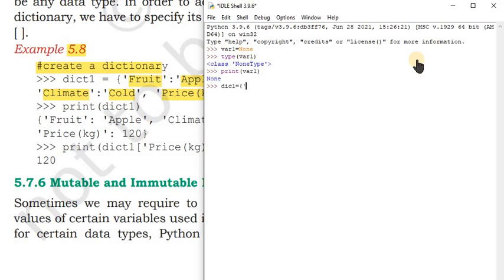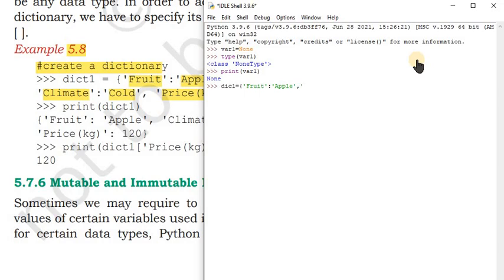First value you are going to assign is fruit, then colon, and its value is apple, then comma.